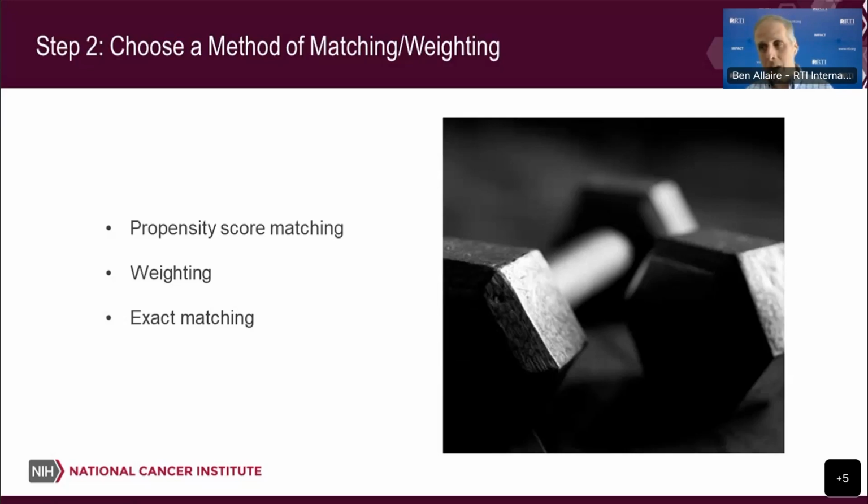And finally, there is exact matching, and exact matching is precisely what it sounds like. If we had age, sex, race, then you would match only people with the same age, sex, and race of your population. I would tell you that there are other matching techniques that are not included on this, although this is how I tend to group them, just as an easy heuristic to think about. Next slide, please.